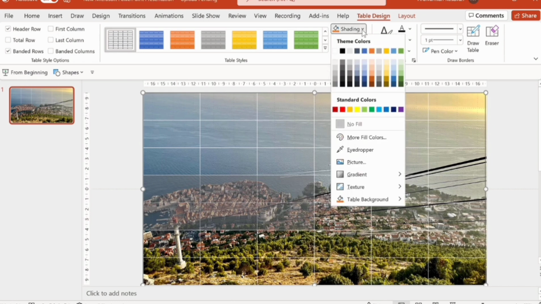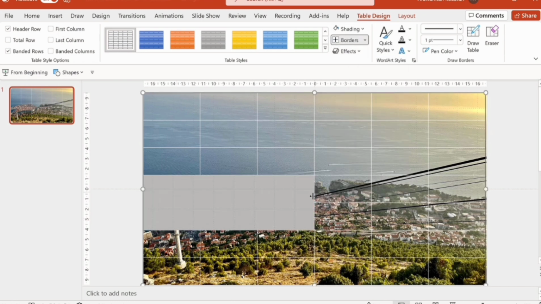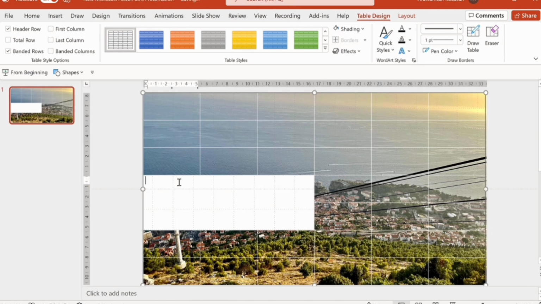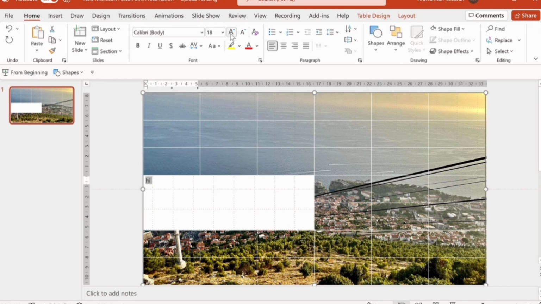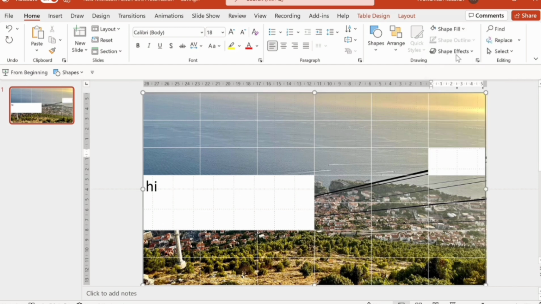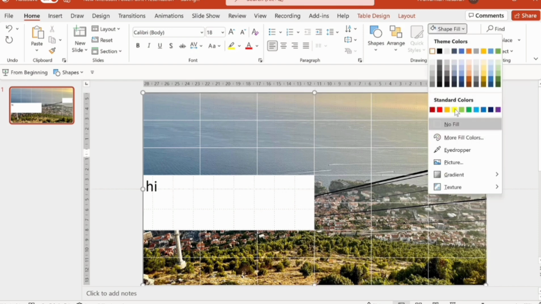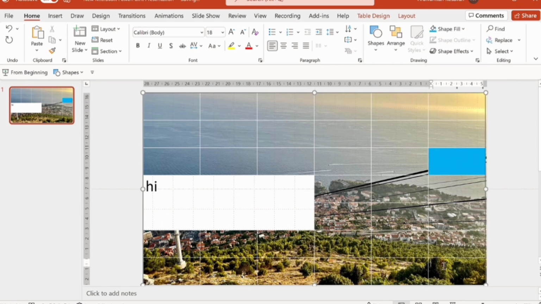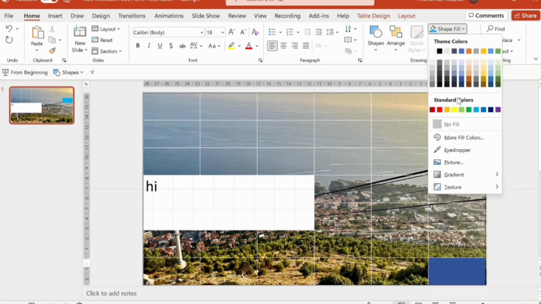Now you can fill the required boxes, and you can type the text if you want in this region. You can change the text size also, and wherever you want to fill some color in the boxes, you can fill the colors, and if you want different colors, you can choose different colors and fill in this box, and you can